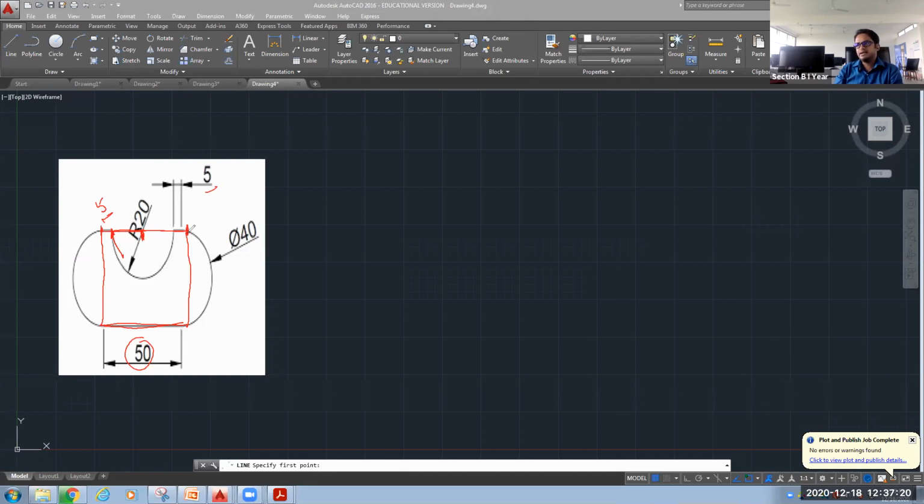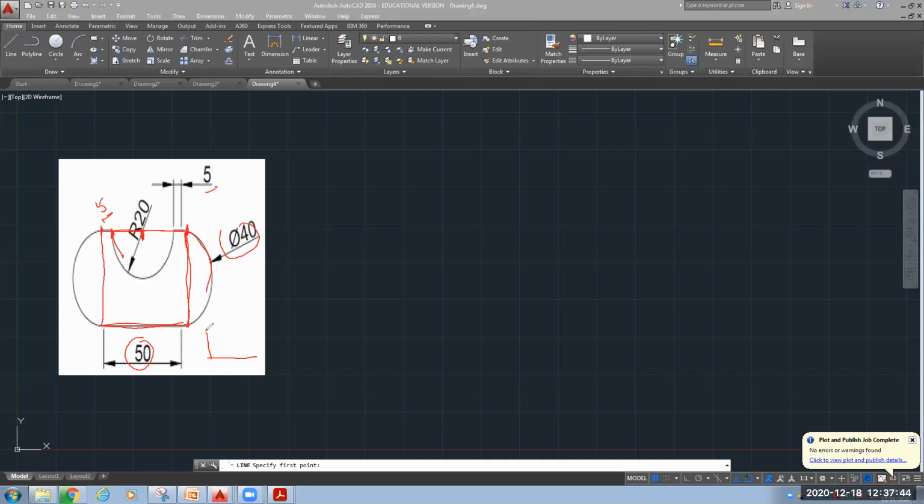Now, this side, if you will see from here to here, the portion, this semicircle is 540. It means this side it is 40 only. Okay. So this is your 40 on both the sides. So we need to draw a rectangle first of dimension. This you can keep as 50 and this you can keep as, this will be your 40.